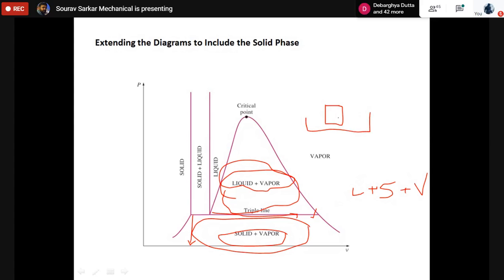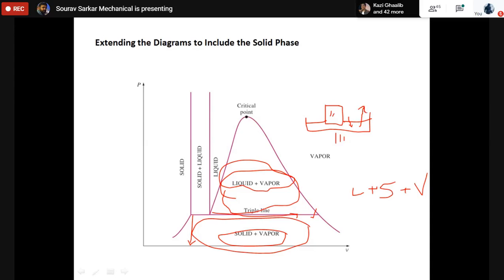suppose this may be just a container, and over that container you placed one solid metal. As you are heating it, the solid metal has started to melt. So some part of that metal is converted into liquid, and simultaneously some part of the liquid is getting converted into vapor,